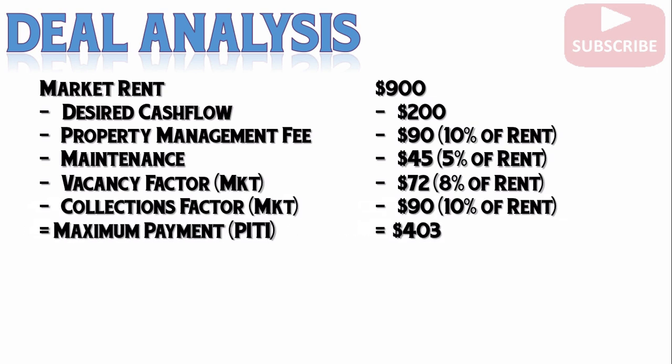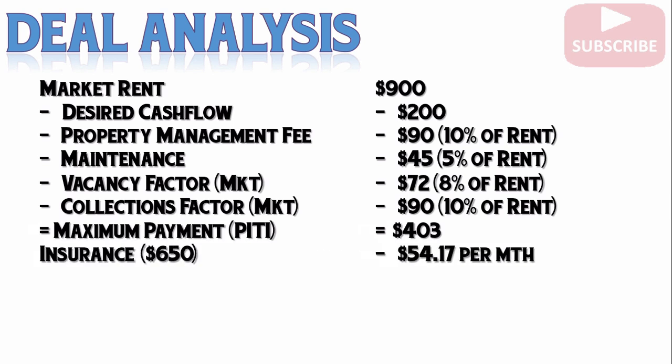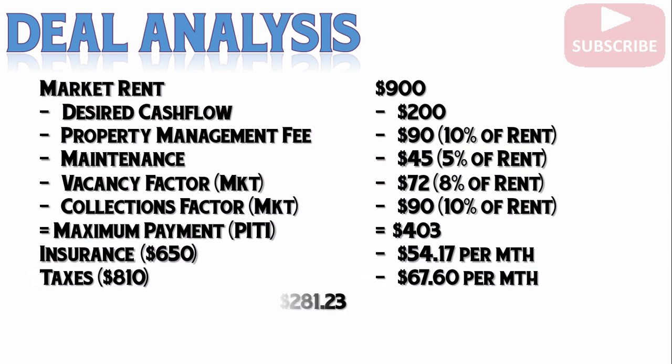your maximum payment, PITI, principal, interest, taxes, and insurance. That is $403. Now I need to subtract the taxes and insurance on this in order to figure out my loan amount, which we're going to get to, and I'll explain why you need that here in a bit. But I need to subtract from that PITI payment the insurance. And the insurance on this is $650 a year, so I'll subtract that $54.17 per month. And I'm also going to subtract the taxes. And the taxes are $810 in this particular deal, or $67.60 per month, which gives me a maximum payment, PI, principal and interest, of